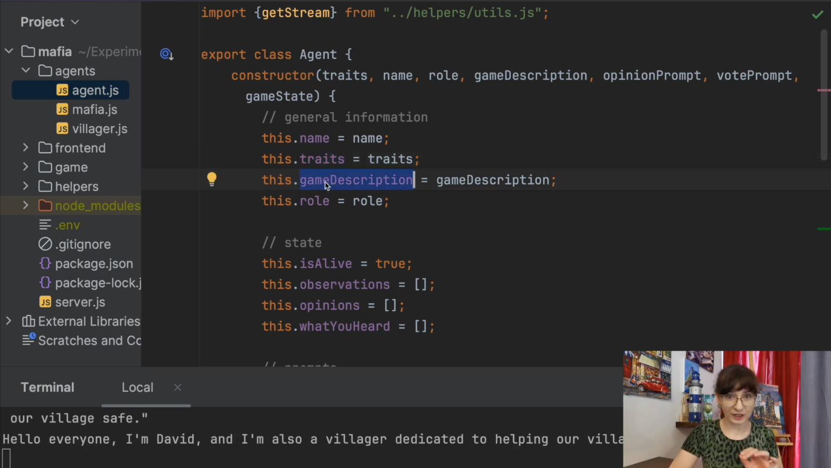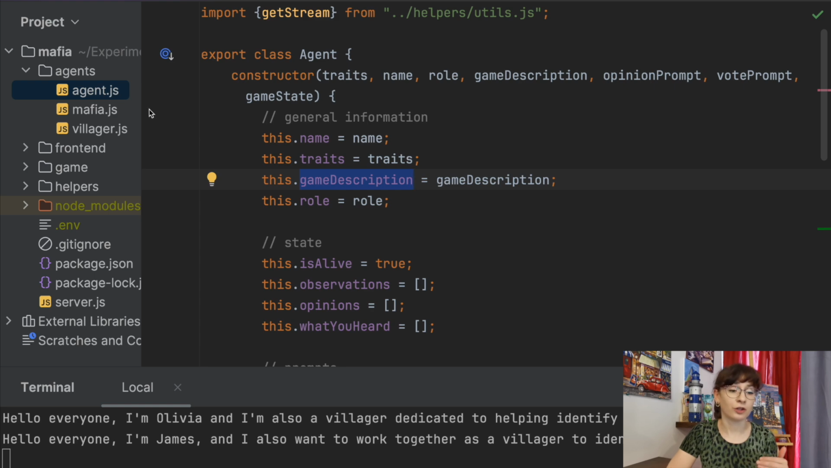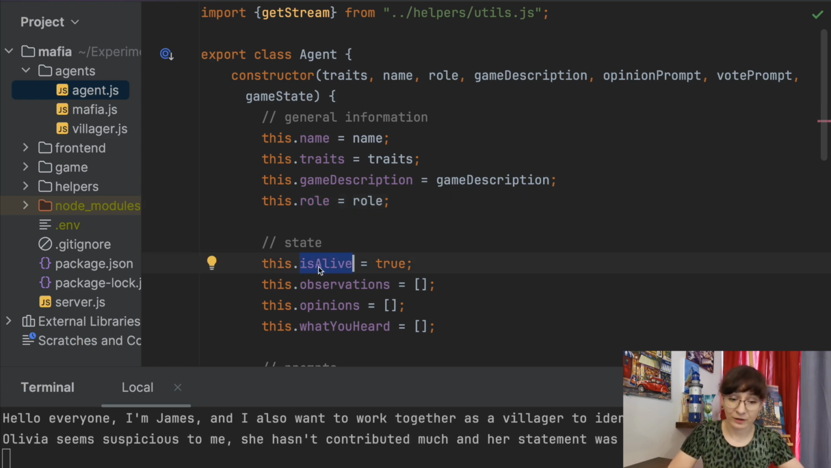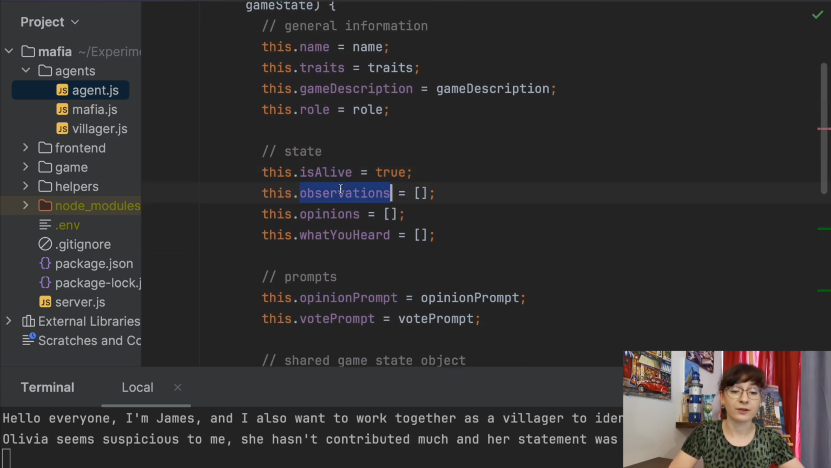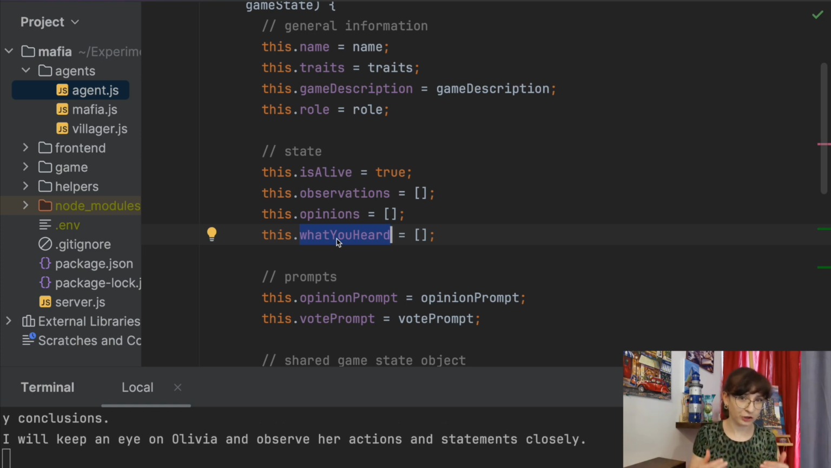Then the description of the game, and here the description of the game is kind of the same, but the focus will be different between mafia and the villager, so I kept it as a separate property which our subclasses will then set there. The role of that player, whether the player is alive, what are their observations, opinions, and what exactly they have heard from other players,